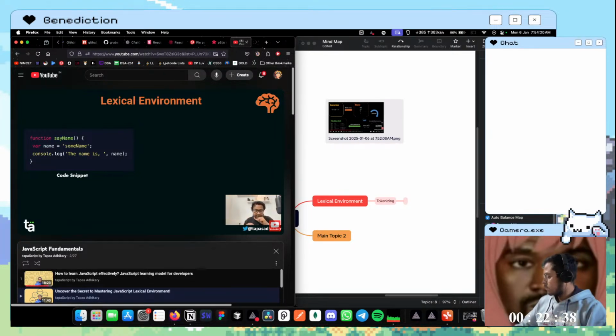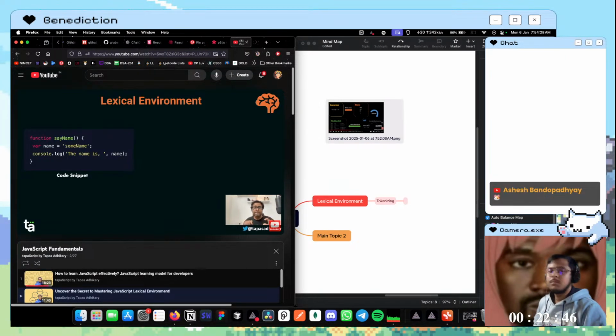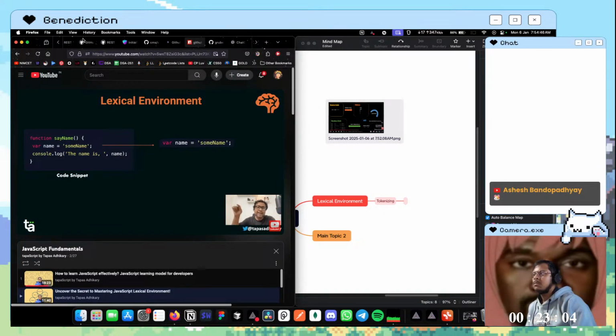This is also called the environment record, another very critical term. So for function sayName, the lexical environment is the environment record, or the memory for this particular function, plus the reference to the outside world of this function. What is the outside world of this function? As the function is not defined inside another function, it is just one function in a JavaScript file, we can assume that when this function runs, it runs globally. So there is nothing else around it. It is not running inside another function. So the outside world will be the global area of this function.